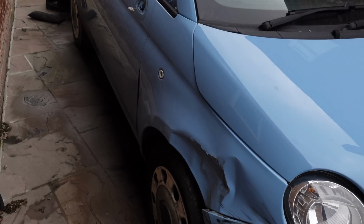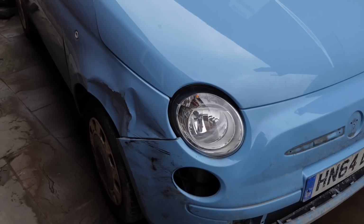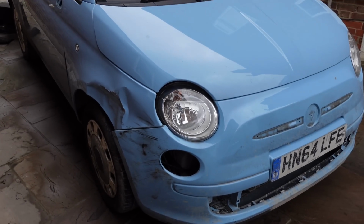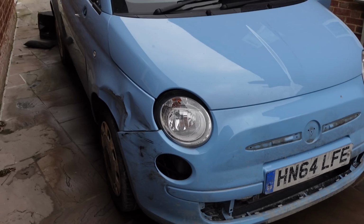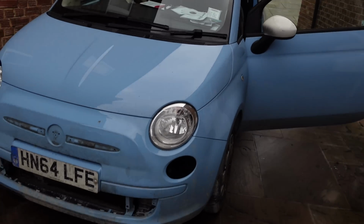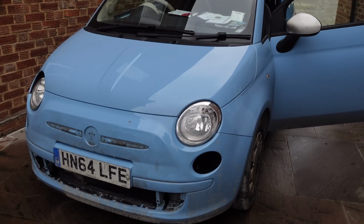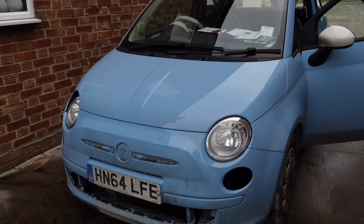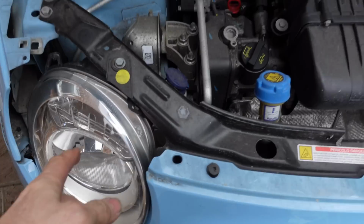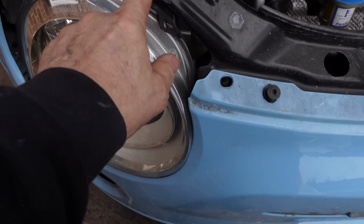Bonnet is completely untouched. It's literally the wing and a bumper. That's all the damage is, really. And of course the bumper will repair. We've got the wing, which has come off a 2012 car, so it should match perfectly. There's not that much to do, to be fair. Let's just look under the engine, and then I'll explain what we're actually going to do with this. So as suspected, that needs...